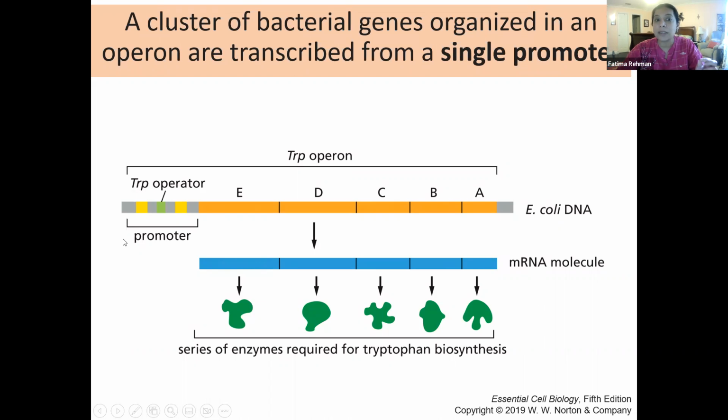That promoter sequence contains the tryptophan operator that is going to control when it's going to be activated and transcribed from this single promoter. Once it's activated, you will get a single mRNA molecule that will have the 5 different enzyme genes required for the production of these 5 different enzymes needed for tryptophan to be biosynthesized and made available to the cell. So these 5 proteins are then going to be made from the same mRNA transcript